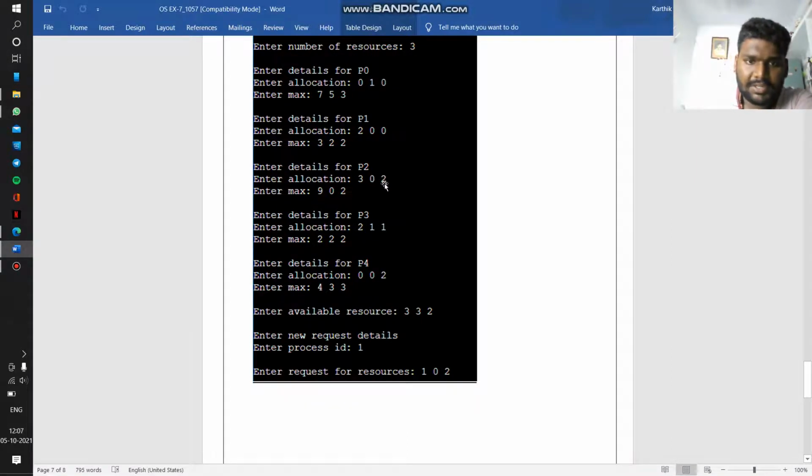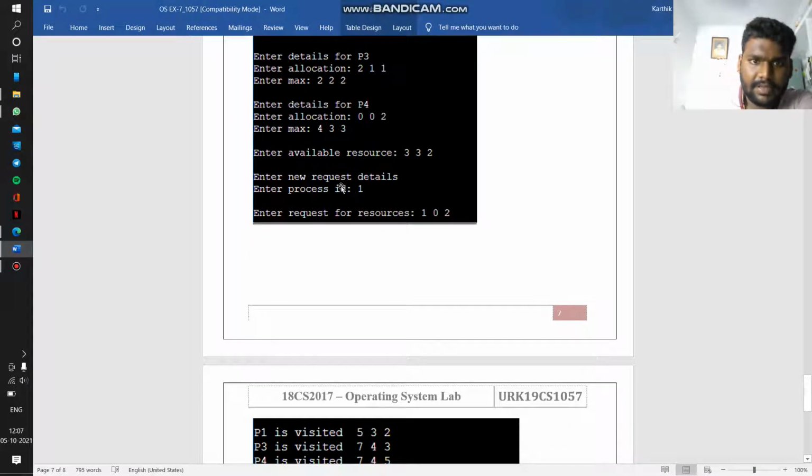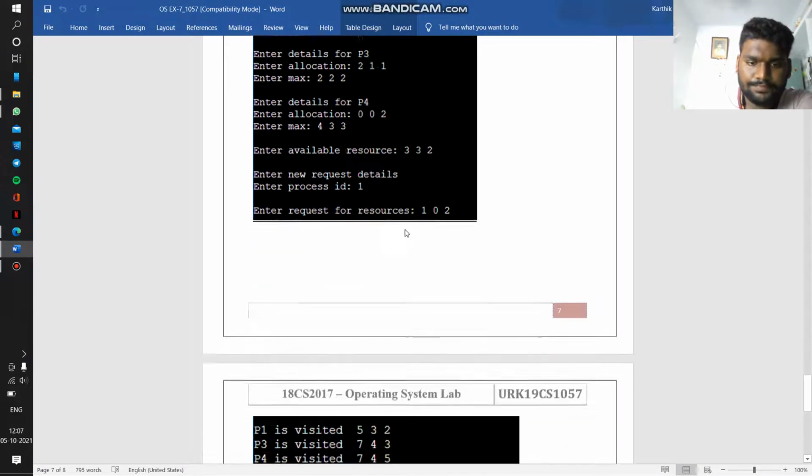Same for P2: 3 0 2 and 9 0 2. Again P3: 2 1 1 and 2 2 2. Details for P4: 0 0 2 and 4 3 3. Enter available resources 3 3 2. Enter new request details. Enter process ID 1. Enter request for resources 1 0 2.